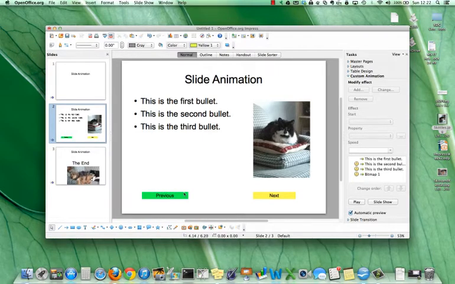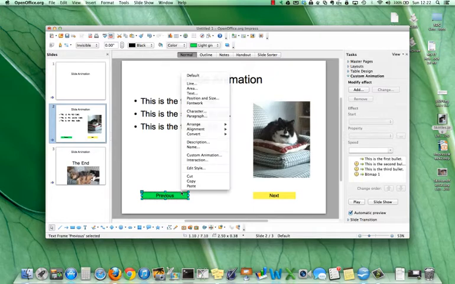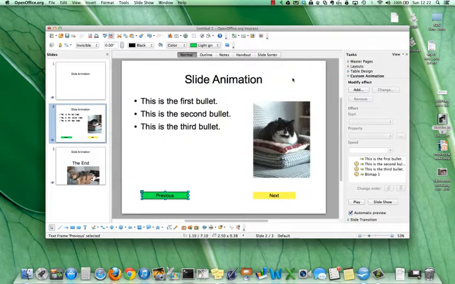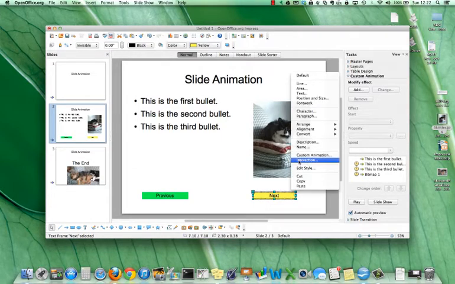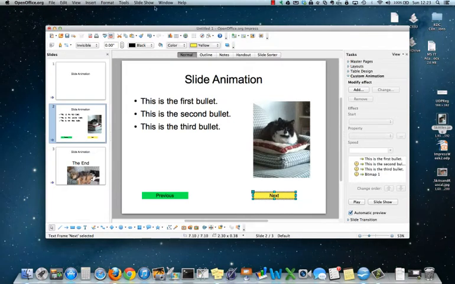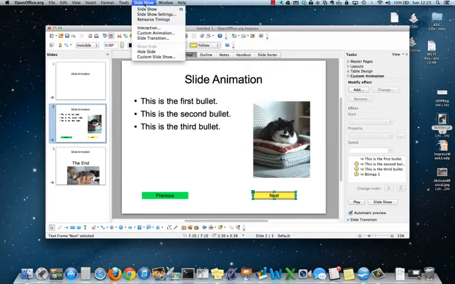So once you have previous and next, select the box, right-click on it, click Interaction. From the drop-down menu, you can see we have several choices. The choice that we want for the previous one is to go to the previous slide. Click on Next, right-click, click Interaction, and we want to go to the next slide. So with those boxes in place, if we click and start the slideshow,